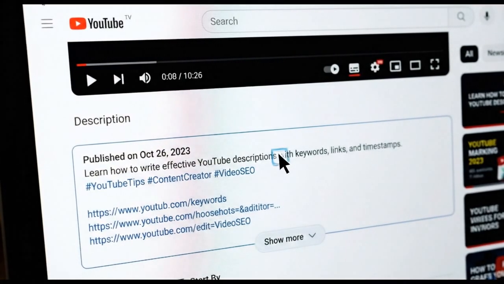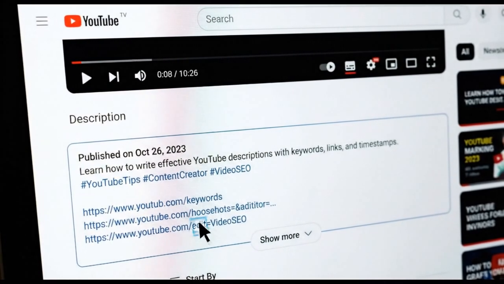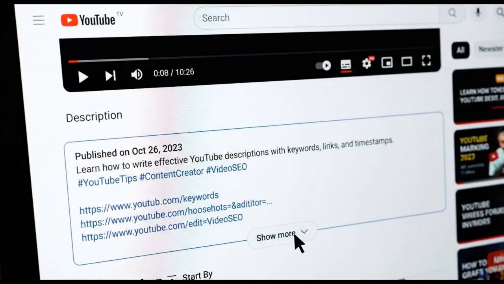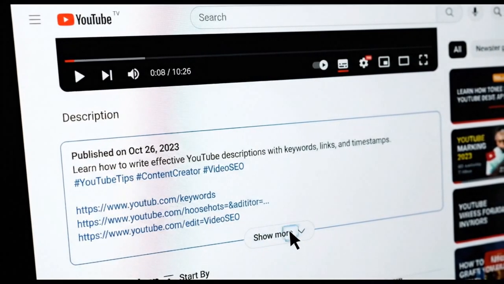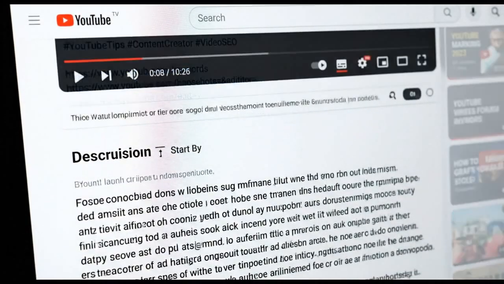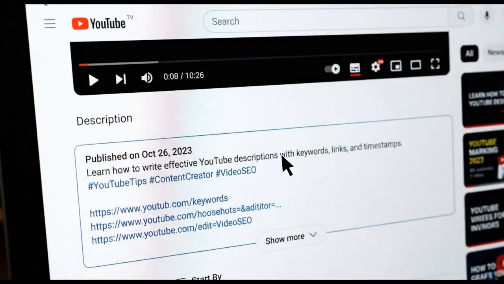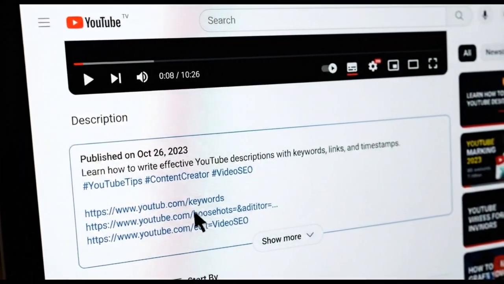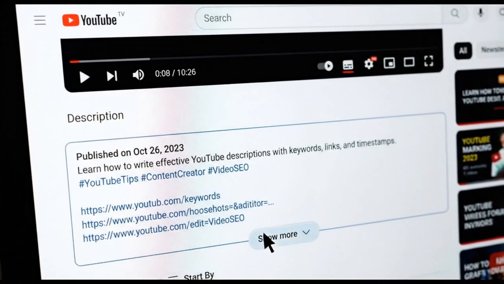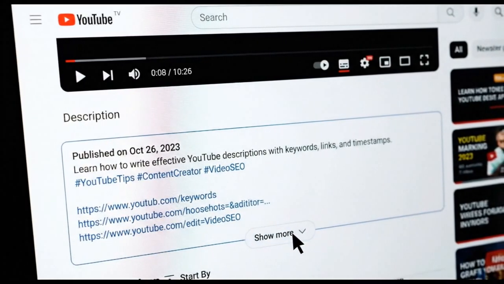Description, rank fast in search. Your description is not for people. It's for the YouTube algorithm. The first line or first 2 lines are most important. Repeat your main keyword naturally. Like, this video shows the best way to upload video on YouTube, step by step to get more views, ranking,